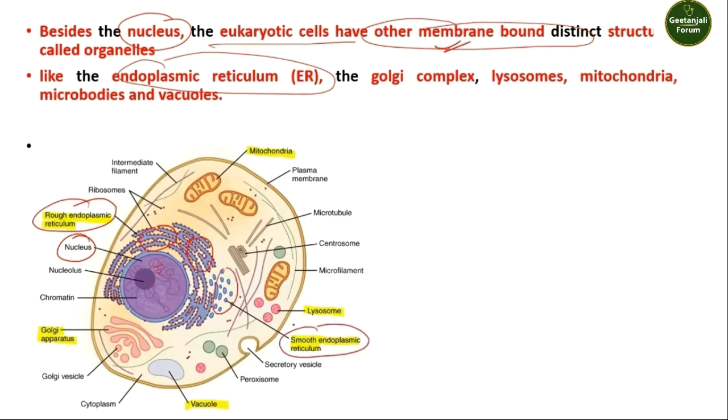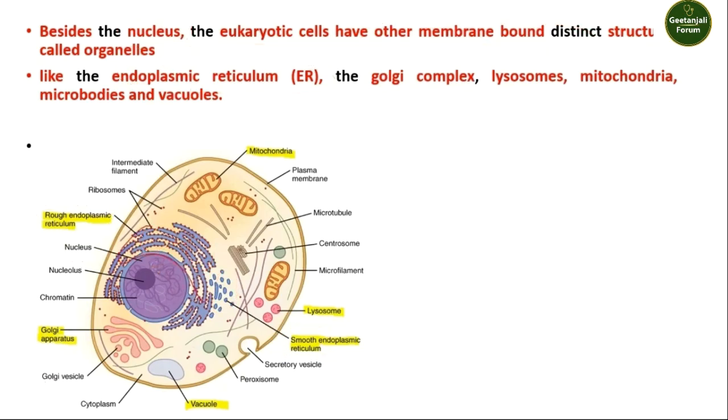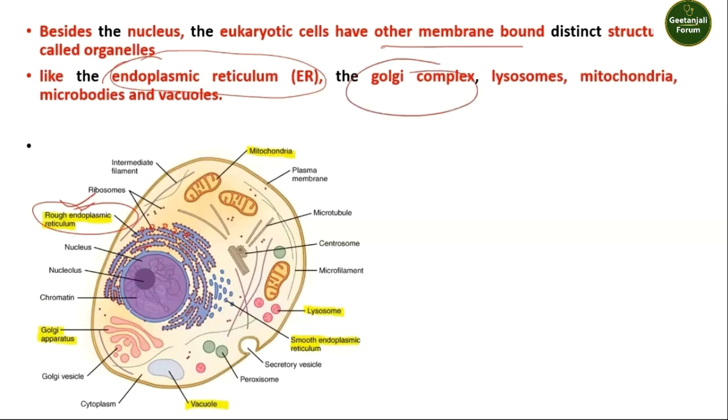Rough endoplasmic reticulum means such endoplasmic reticulum. This is rough endoplasmic reticulum. It has ribosomes on its surface, and we call it rough endoplasmic reticulum. So here you can see in this endoplasmic reticulum, there are ribosomes, and smooth endoplasmic reticulum does not contain ribosomes. This endoplasmic reticulum is also a membrane-bound organelle. It has a membrane in its outer part. Apart from this, the Golgi complex. This is the Golgi complex, or it is also known as Golgi apparatus. It also contains a membrane. Then lysosomes. These are the lysosomes, small circular bodies.